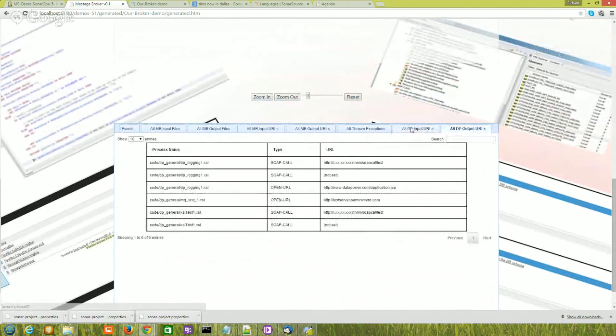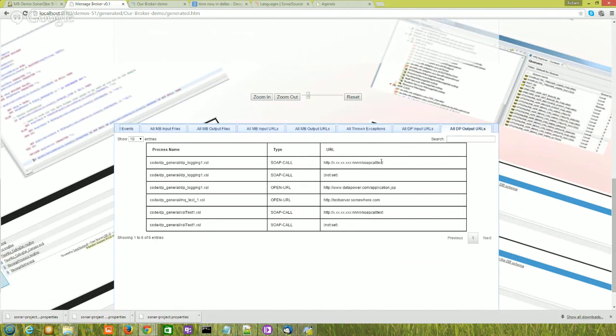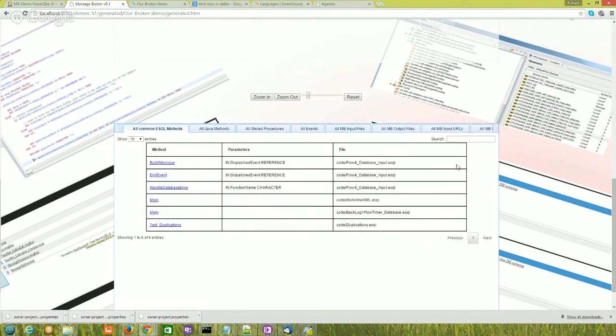Okay, so DataPower input URLs: where DataPower is consuming, where it's found at DataPower. Workflow, where it's consuming a URL or listening to a connection, and then where DataPower is actually calling out to other components, either by SOAP or HTTP. Then the last one from this table that we'll have a quick look at is all common ESQL methods. This is where it tries to identify which functions and procedures are not located